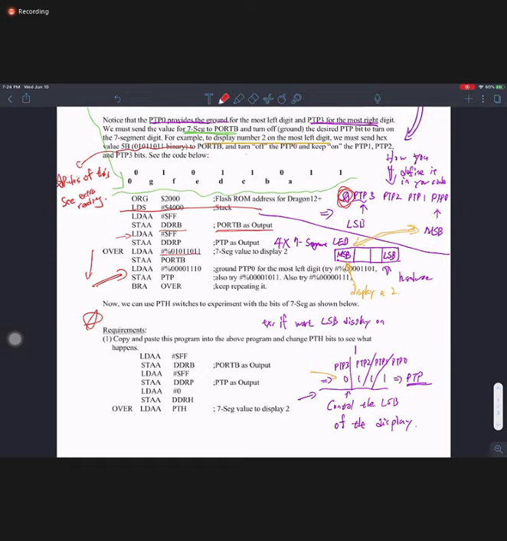And the way they do it over here is a more brute force way. It's just loading that number into register A and overwriting port B with that number. So in a simple application like this, it won't cause any problem. But in the future, I'm not sure